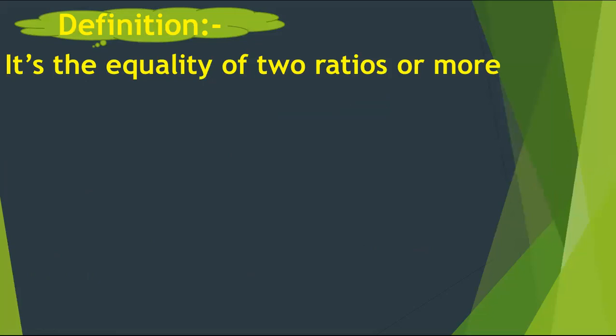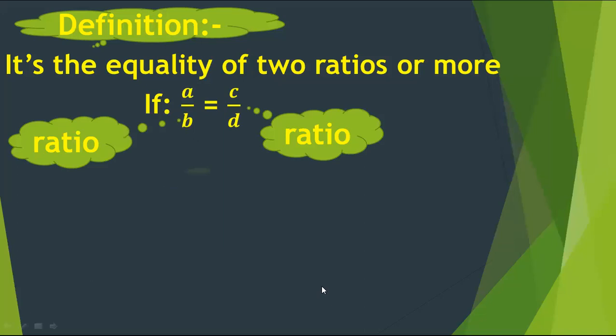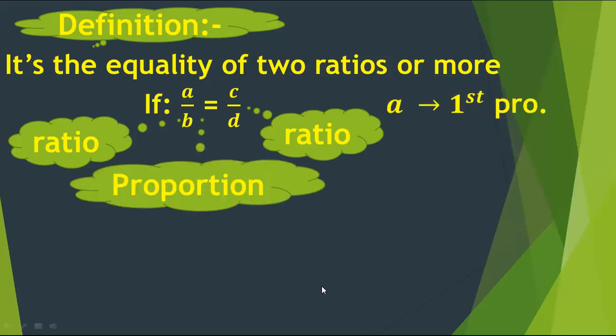Our definition today, inshallah, is equality of two ratios or more. If we have A over B equals C over D, A over B is called a ratio, equals C over D, a ratio. Equality of two ratios or more is called proportion. We say that A over B equals C over D. A over B is a ratio, and C over D is a ratio. A over B equals C over D is a proportion,